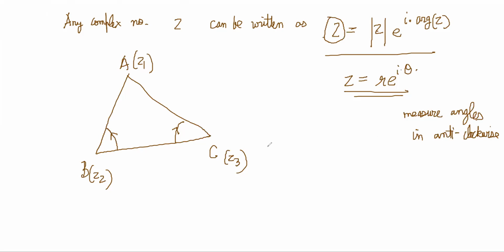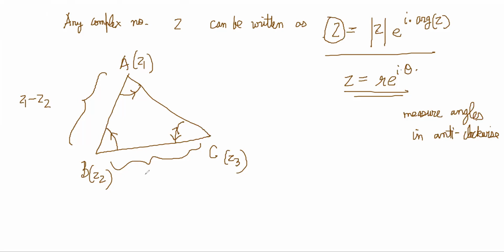That is called negative angle. So generally you will be measuring in the anti-clockwise sense. Anti-clockwise is this, right? So right now if you look at the anti-clockwise sense, can you tell me what this complex number is and what this complex number is? The line segment, right? This line segment is what? It is Z1 minus Z2, no?